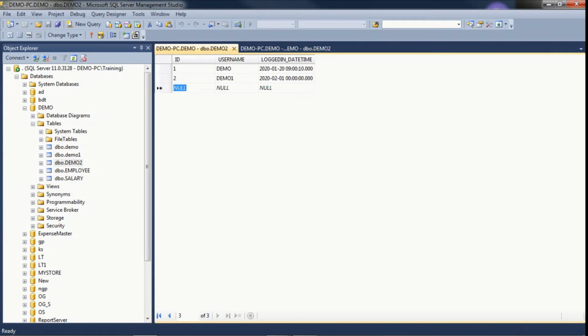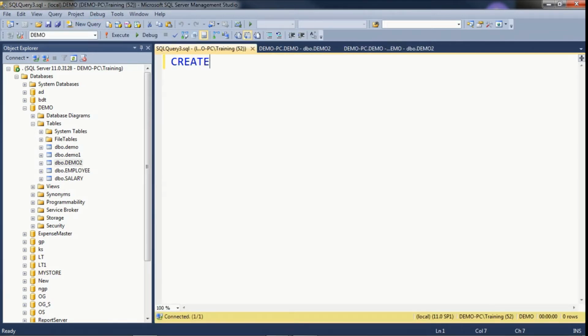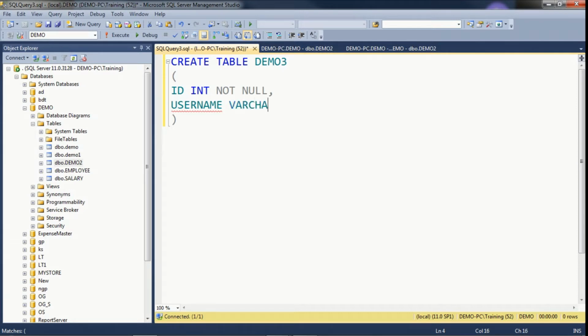Now we will create one table through query and we'll check how to add the date time data type to SQL Server table. Click on new query, create table. I am creating one table. We have to provide the table name. Then we have to add the columns here along with the data type. And I am giving username here for my column name. I am giving varchar 50